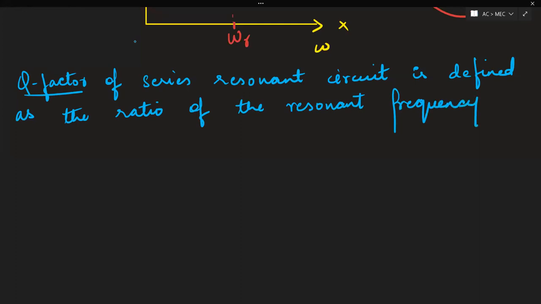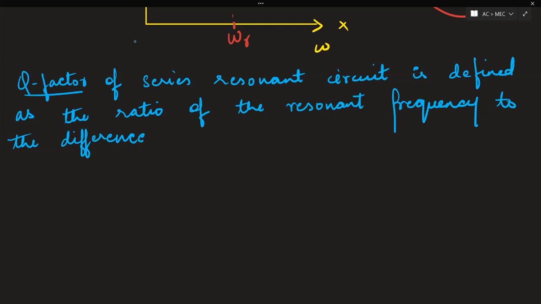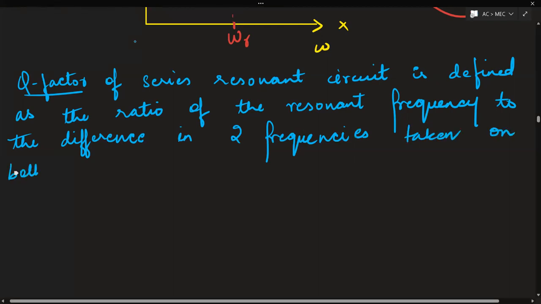I'll explain you this resonant frequency. So on the numerator, you have what? The resonant frequency. To what? To the difference in two frequencies taken on both sides of the resonant frequency